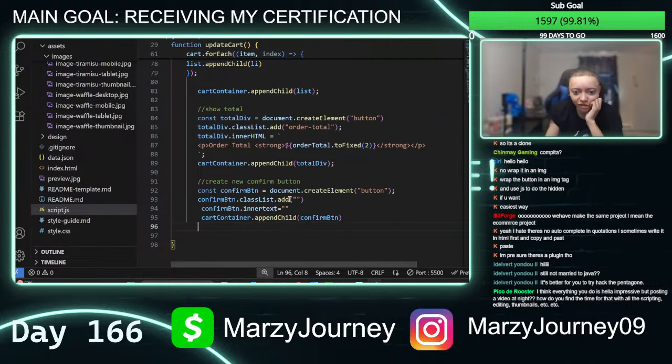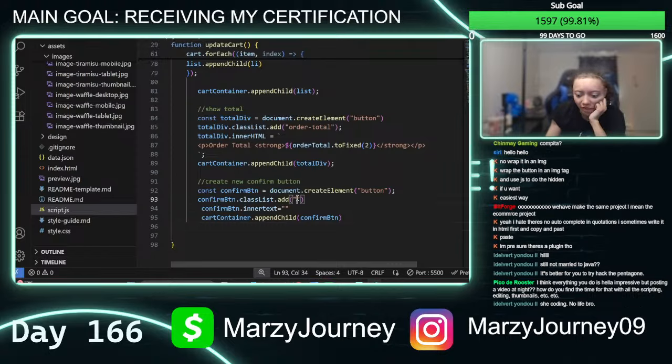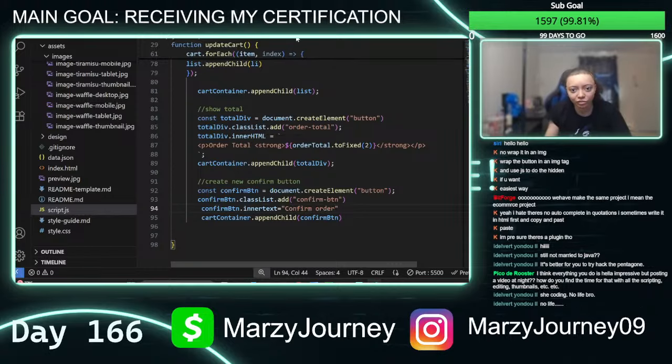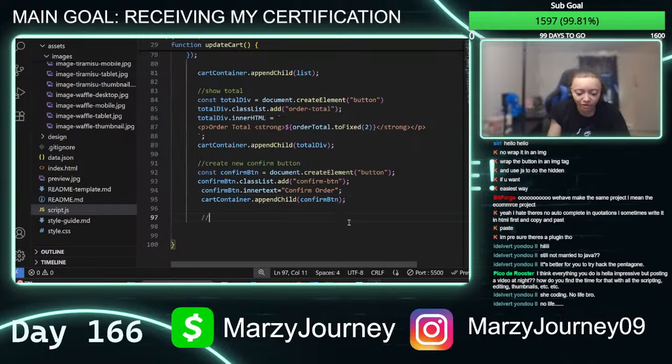Now let's come back to this real quick. You want to add this class name, which can simply be confirm-button. And then the text should be exactly what I'm going to be putting in. So CONFIRM ORDER, I think, is what they put here. Yes, that's what they put. Make sure it's uppercase, perfect, and then make sure we close all these out, make it look nice, and then come back. Last but not least, we need to update the count.